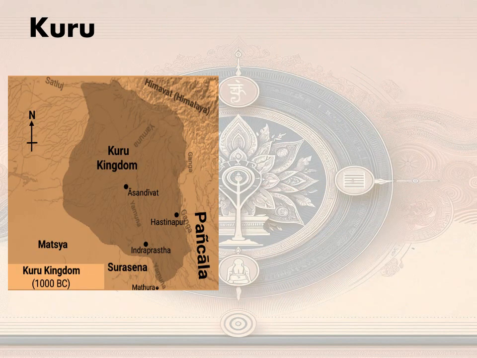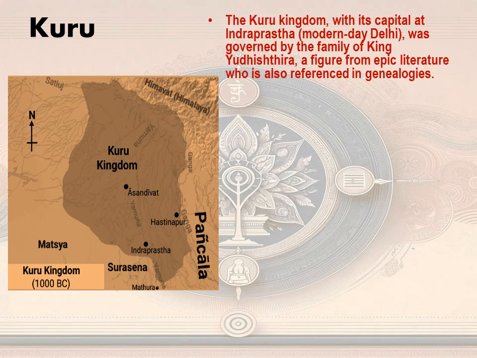Next up we have Kuru. Kuru was one of the most important kingdoms in the epic of Mahabharata. It was the central kingdom to conquer which a war was fought, which was one of the greatest wars fought in the Indian subcontinent according to the epic of Mahabharata. Kuru kingdom with its capital at Indraprastha, modern day Delhi,